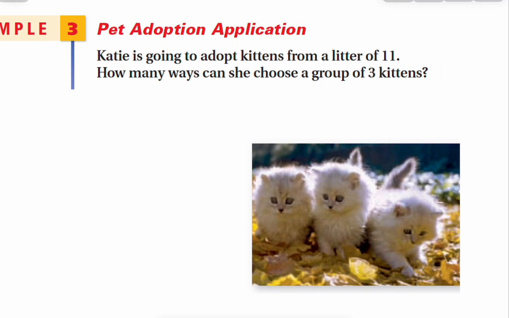Anyway, how many ways can she choose a group of 3 kittens? Now, if you choose kitten George and kitten Cece and kitten Smokey from the room, if you have those 3 cats, those are